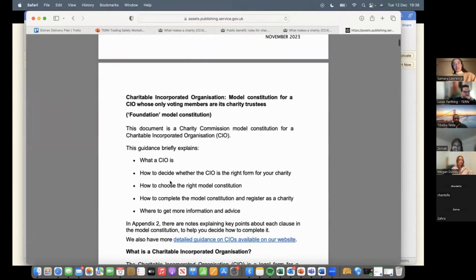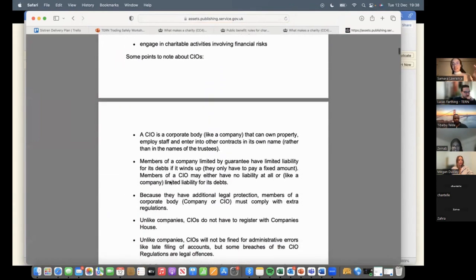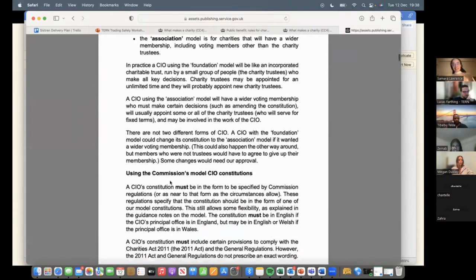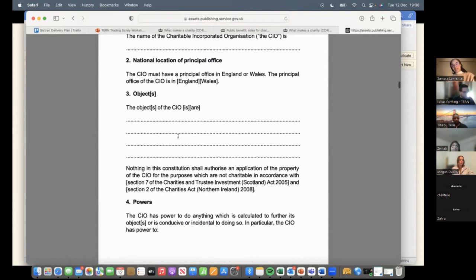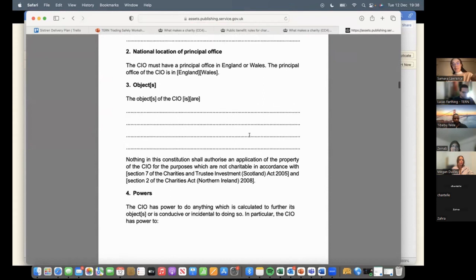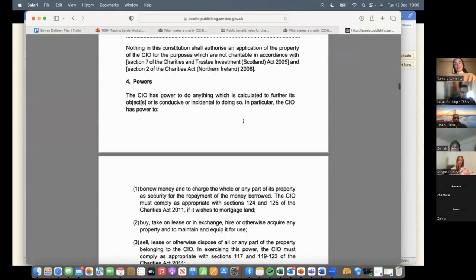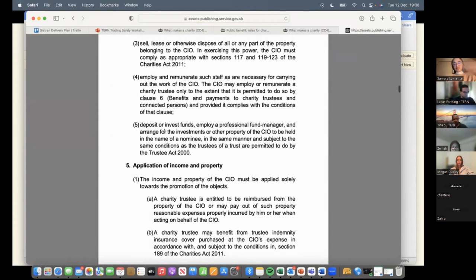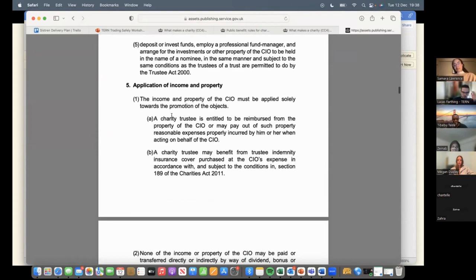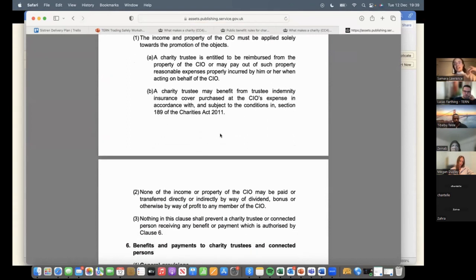Go into the document, and it gives you an explanation of what the document means. What this document is basically doing is saying, this is my organization, this is the purpose, and these are all the guidance notes, which is so helpful. So this is the name of the organization. This is my charitable purpose that you'd write here. So the objective of the CIO is to advance the education of primary school children in Ethiopia. You'd write that there. And then the powers just say what the organization, the trustees, can do. So they can employ staff, for example. And this bit here sets out the limits on the income. It's basically saying, we talked earlier about how trustees can't be paid.